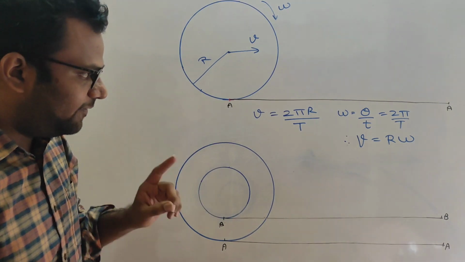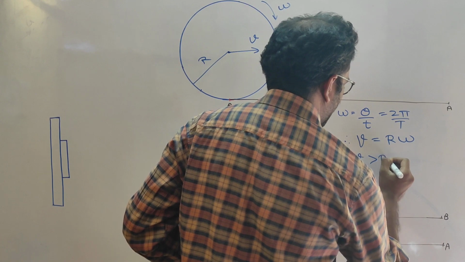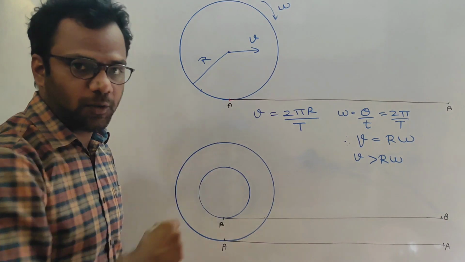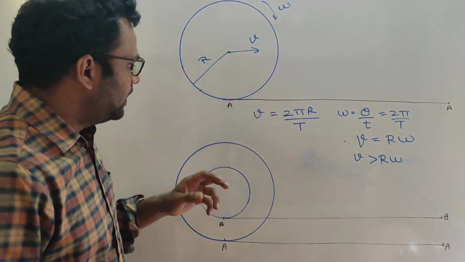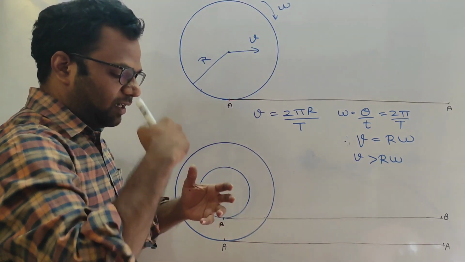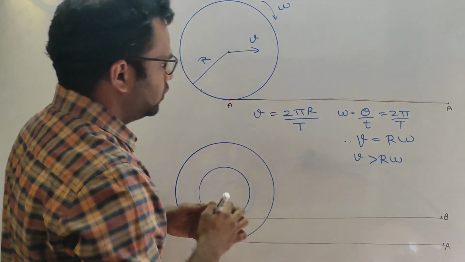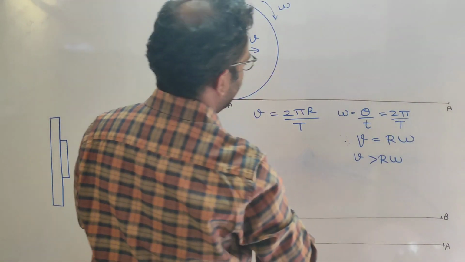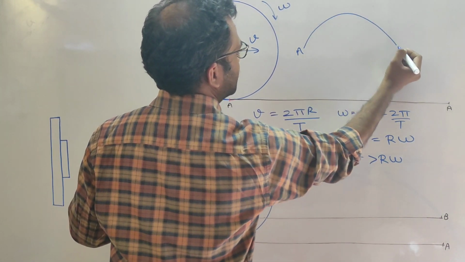But if v is greater than r omega, then the disc will be rolling with slipping in the forward direction. Now look here, for rolling without slipping, any point of the disc in contact with the surface will come in contact with the surface only at a point, and then it will get lifted off. So for example, if I trace the trajectory of A, it will be a cycloid like this. So if I draw that over here, point A will have a trajectory like this.